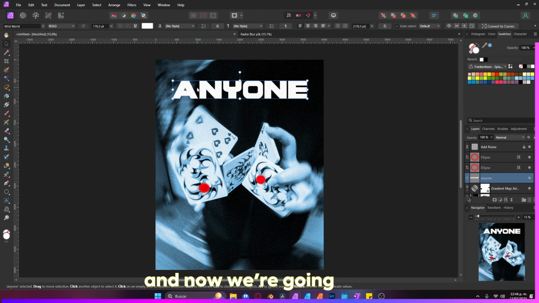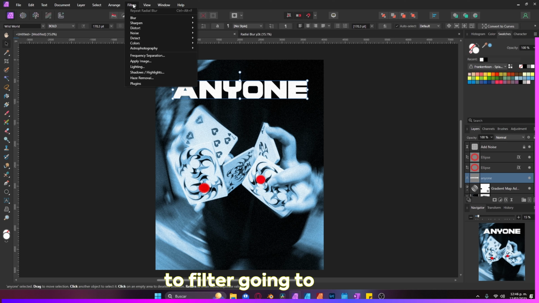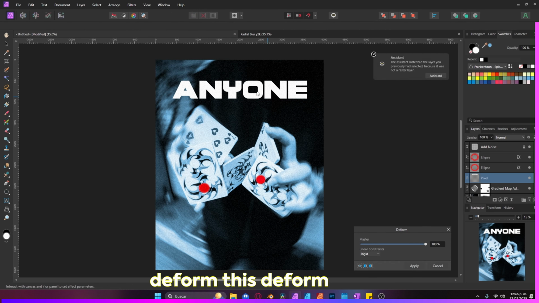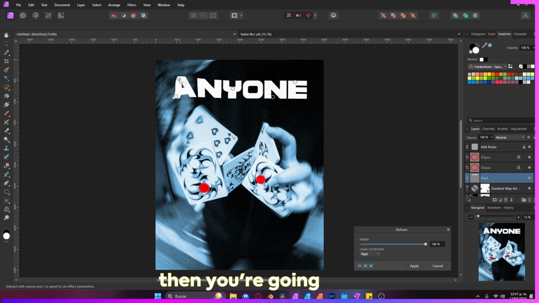We're going to be selecting the text, and now we're going to filter, distort, and go into deform. This deform tool works as follows, because honestly I have not seen anyone showing how the distort tool works. So you're going to click the points that you want to move. It's just like the liquify tool, but in here you click the points, then you're going to be moving it